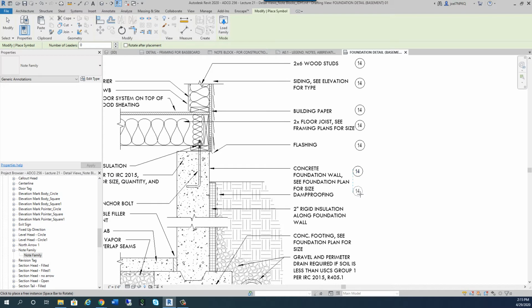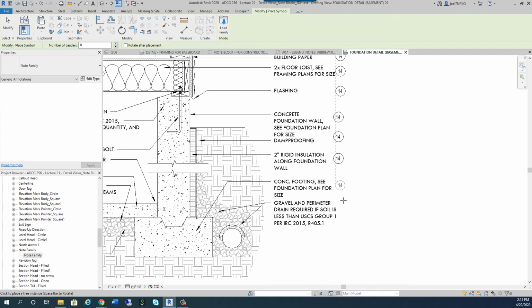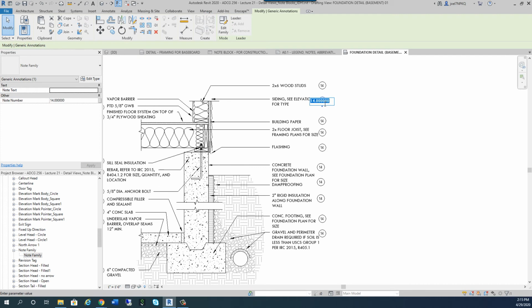19, 20, 21, 22, and 23. So now I need to change those. And 16, whoops, 16. And part of the reason that I want you to see this is that you can make this as easy or as difficult for yourself as you want to, right? The way I'm doing it right now,